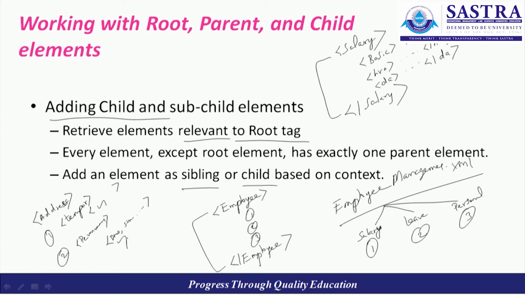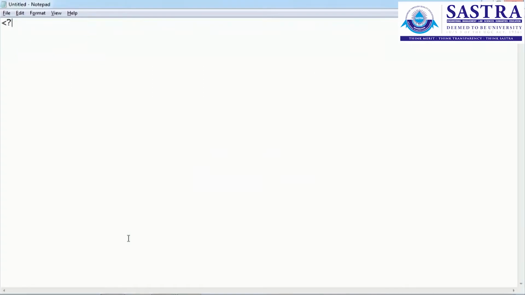In case the restriction has been given explicitly, say for example, create an XML document with maximum 2 child elements and every child can have more than one child element for it. In the sense, you can go for the same method, address, which has, like this, I can have